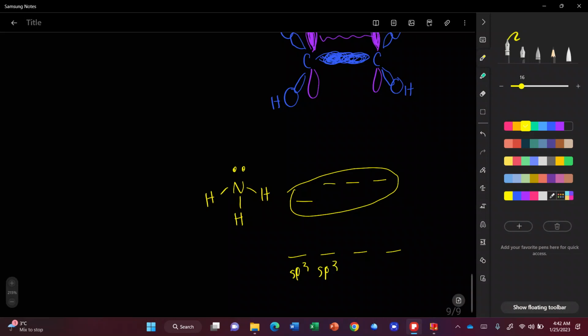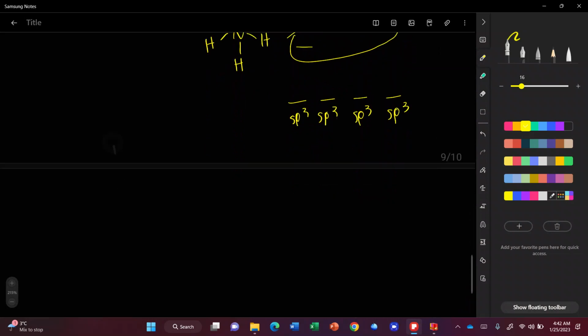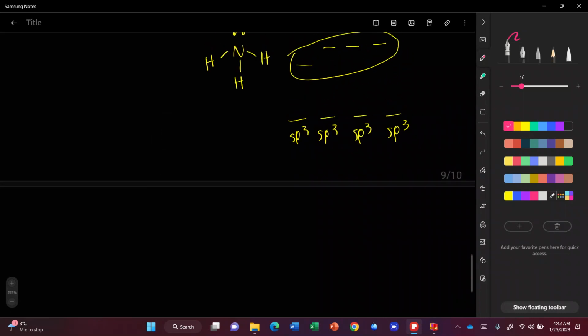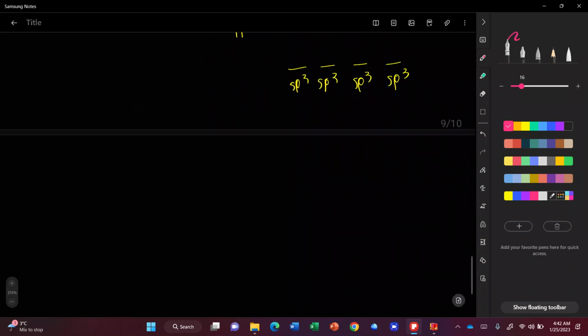Now, because I took all of the p's, I don't have any p's left over. So when you're sp3 hybridized, you have no p orbitals left over. And what that means is you cannot form any pi bonds. So anything that's sp3 hybridized can only form sigma bonds, which basically means it can only form single bonds. Okay? But probably the more important thing to note, especially from a reactivity standpoint, is that it